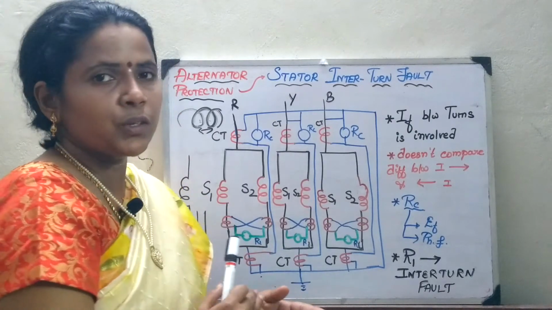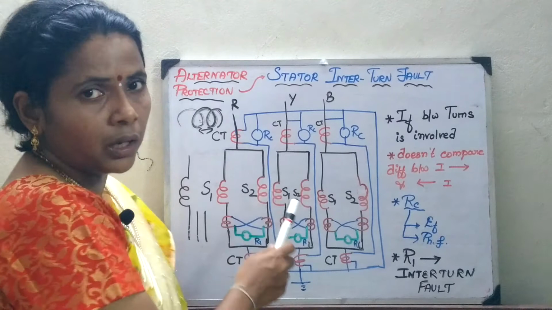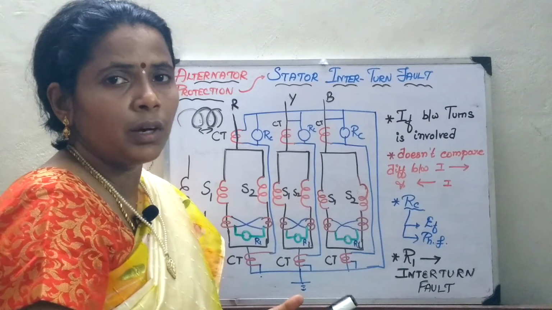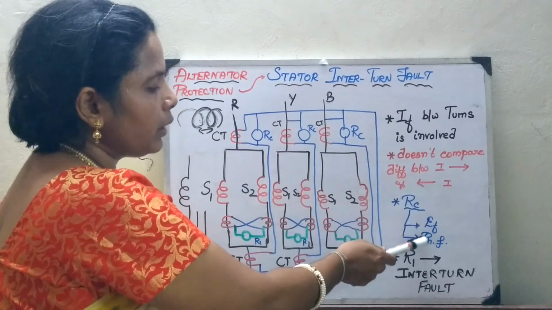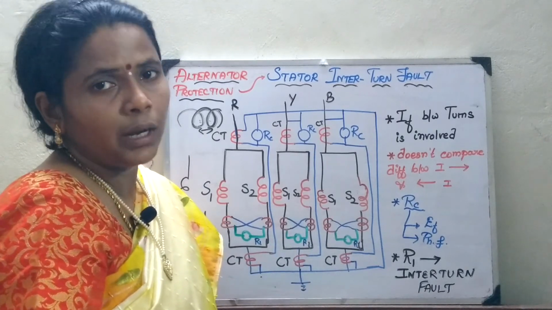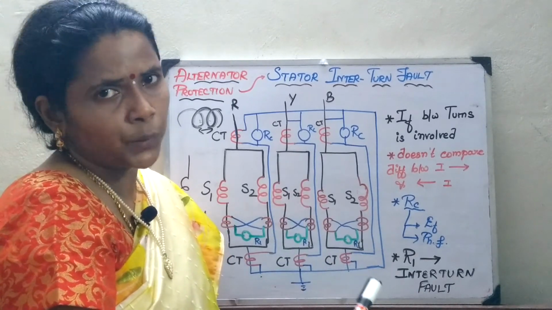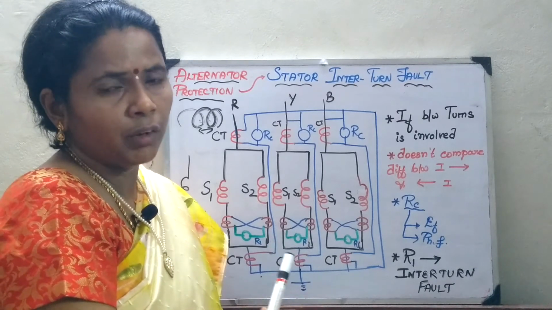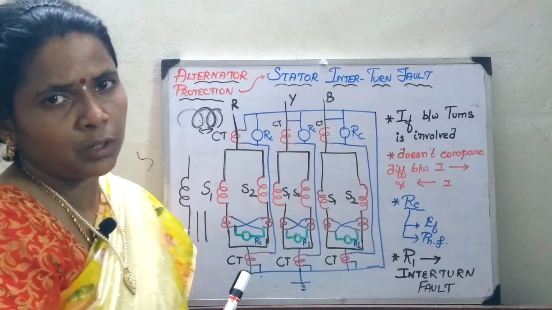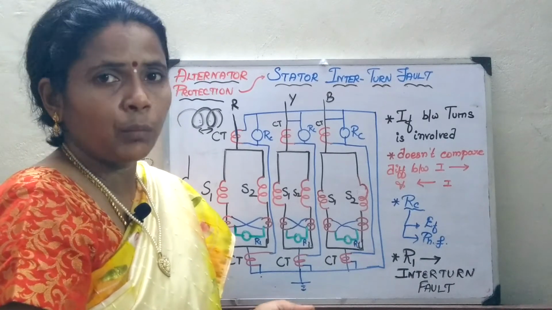But this type of protection is not given importance, because ultimately, if there is a short circuit here, it will invariably develop into an earth fault. If it develops into an earth fault, no problem at all. You have the earth fault relay and the phase fault relay too. Whenever the earth fault develops, the earth fault relay will act, and it will go into the category of the earth fault protection of the merz-price scheme. So usually this protection is not given, but generally a protection should be given. But so much importance as that of merz-price protection is not given, because it invariably develops into an earth fault. With this, I wind up today's session.